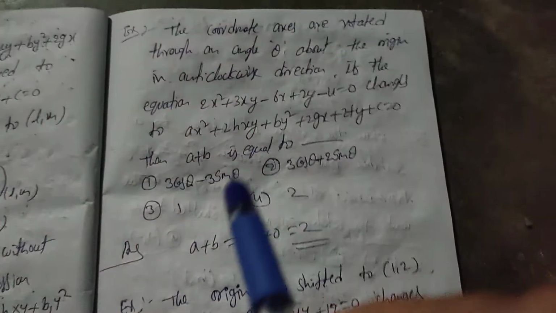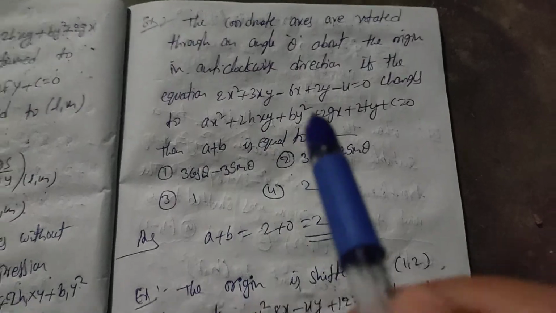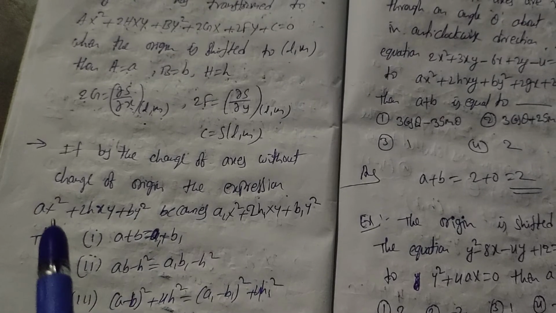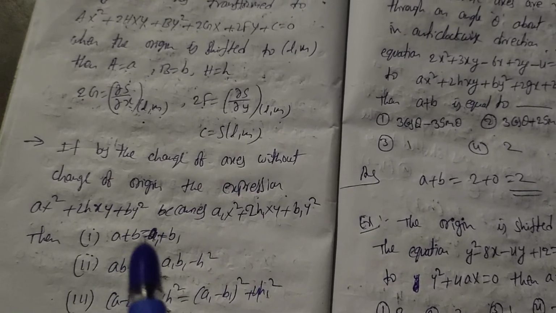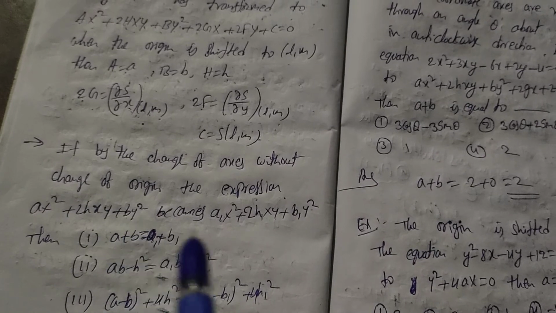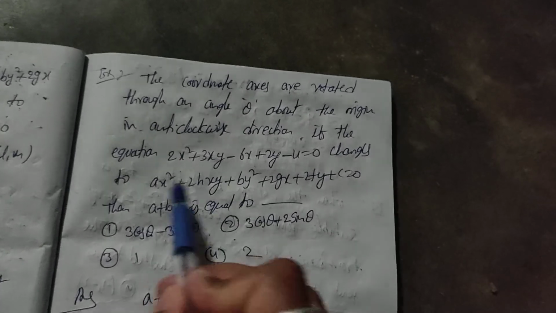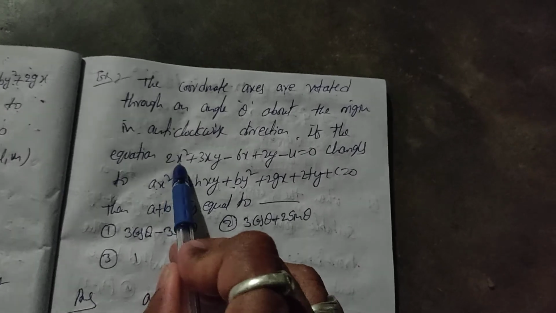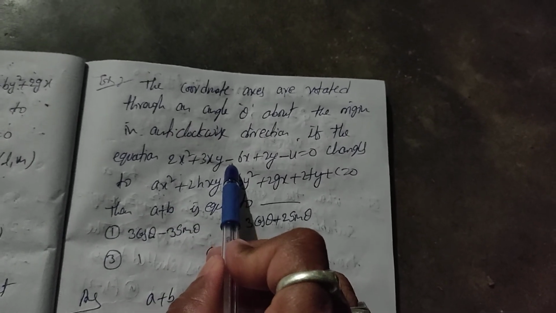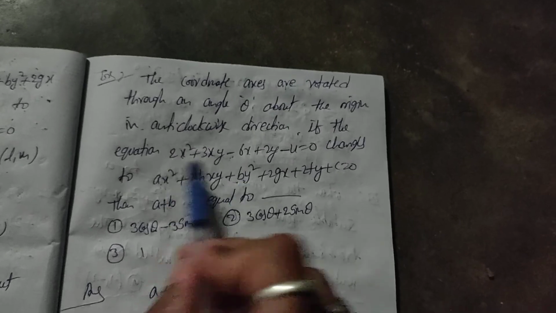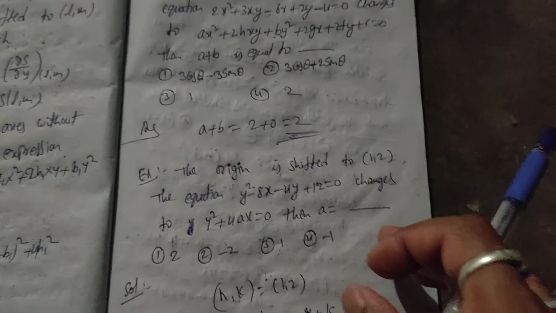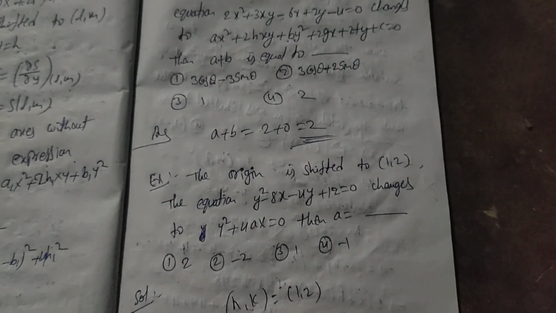Same formula. Okay. That means what is here? a plus b is equal to what? That means a1 plus b1 is equal to what here? a plus b. That means coefficient of x square plus coefficient of y square; the sums of the coefficients of x square and y square in the corresponding equations are equal. Okay, so here he is asking for the a plus b value. So a plus b is nothing but the coefficient of x square plus the coefficient of y square. Here what is the coefficient of x square? 2. Here there is no y square term, that means that is equal to 0. So a plus b is equal to 2 plus 0, that is equal to 2, which is the answer for this question. The remaining problems I will explain in the next video.